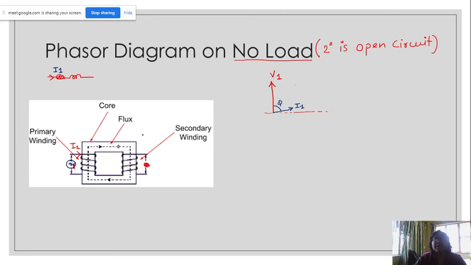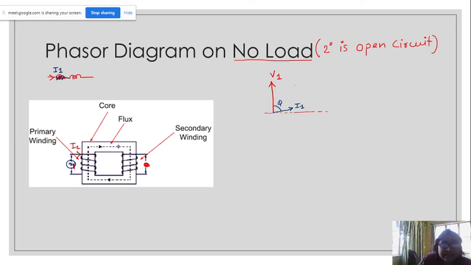Okay. So here, as the amount of current required is less, naturally the magnitude of I1 is also less, and as this is almost purely inductive, naturally some small amount of resistance is there, so my current is not absolutely 90 degree, but a little less than 90 degree. Now what is going to happen afterwards?